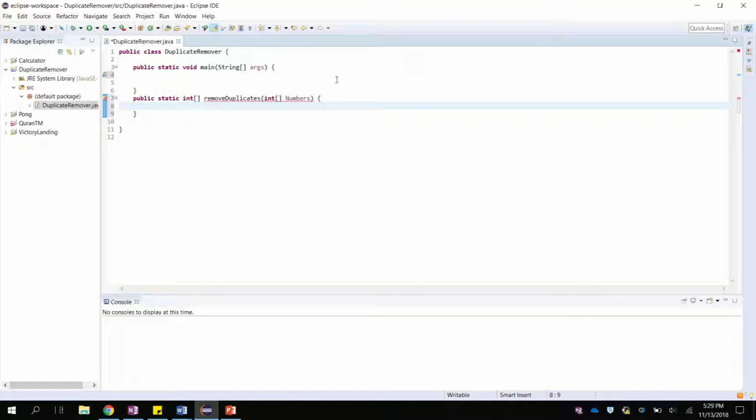Alright, so there you go, we've made our method, and right away I'll tell you that you have to return a type int array right here. And obviously we'll get to that in a little bit. So first of all, this is not really part of the actual code, but if you get a sort of question like this on an interview, or you're asked to do this at work or at school or whatever,